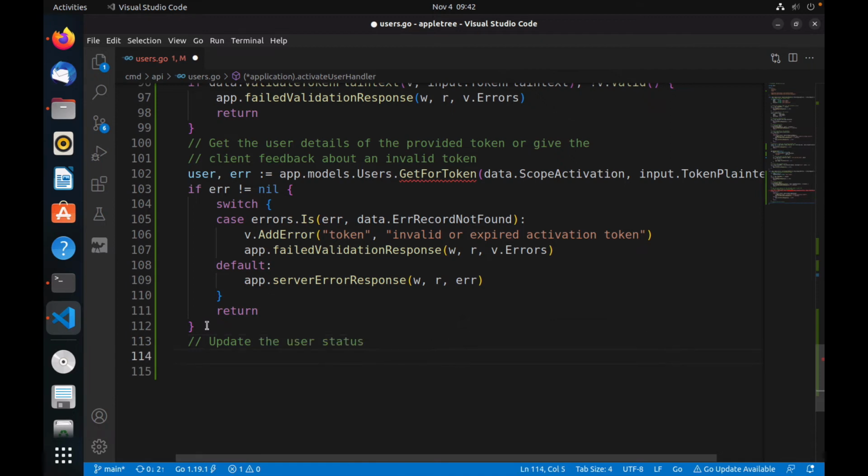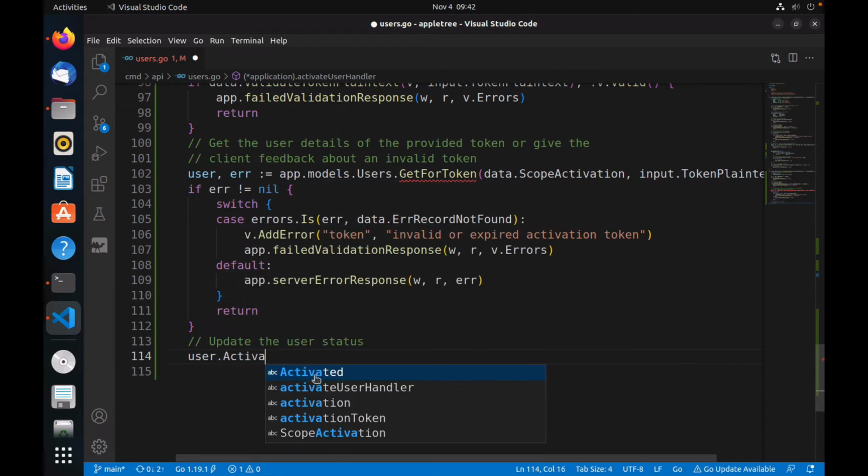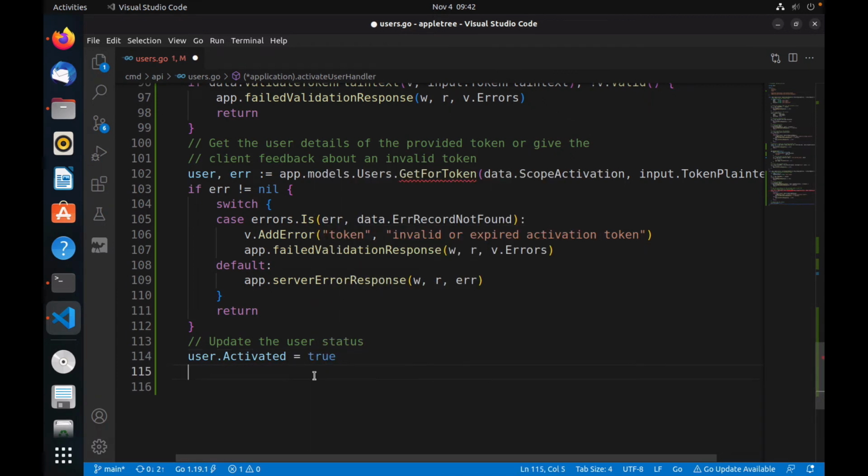And that's easy enough. I will simply say user, which is provided to us here, right? Dot activated, and it was false. I'll set it to true, and so now that has been updated, and so now we need to actually write that back to the database to make the change permanent. So let's just save the updated users record